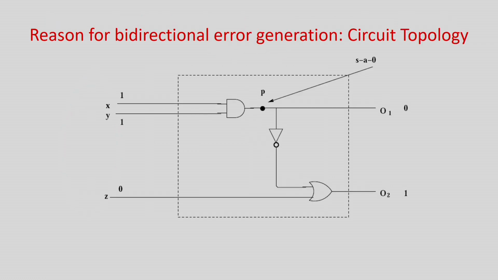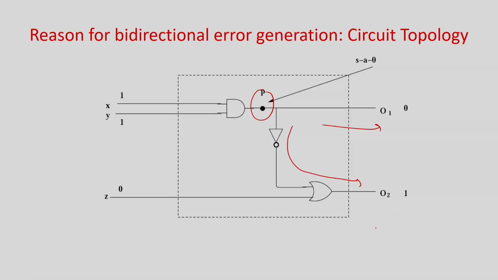Now let us take a simple stuck-at fault over here. In this simple stuck-at fault, what happens? You can see it affects this gate as well as this one. Whenever a fault is affecting multiple output lines, there is a big possibility of bidirectional errors. So one thing you can do is make all circuits very much independent. That is, one individual circuit will give one output, and another circuit will give another output, so that no such case will be there.